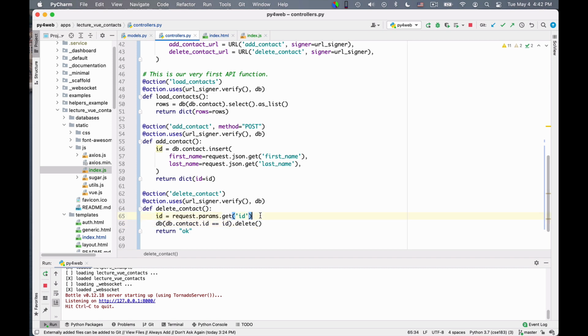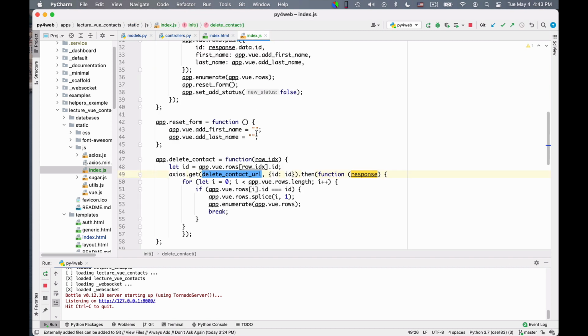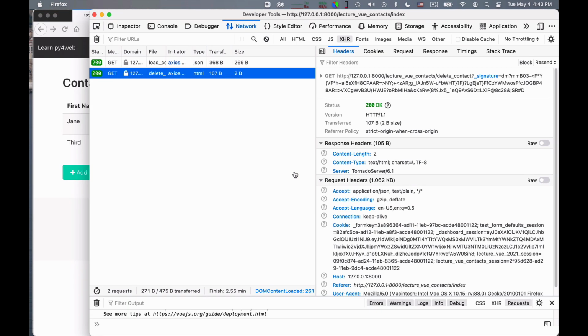Okay, so two errors I made. Assert ID is not none. It would be better to check these. And the other error I made is that I'm sending an empty ID. Okay, and this is because I'm afraid I made a mistake in using the Axios library. Unfortunately, for a reason I cannot fathom, it's not entirely symmetrical between get and post, and I always forget it.